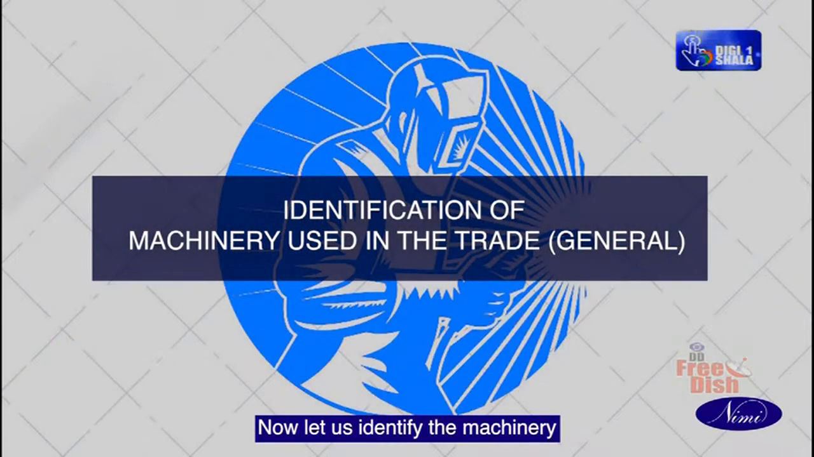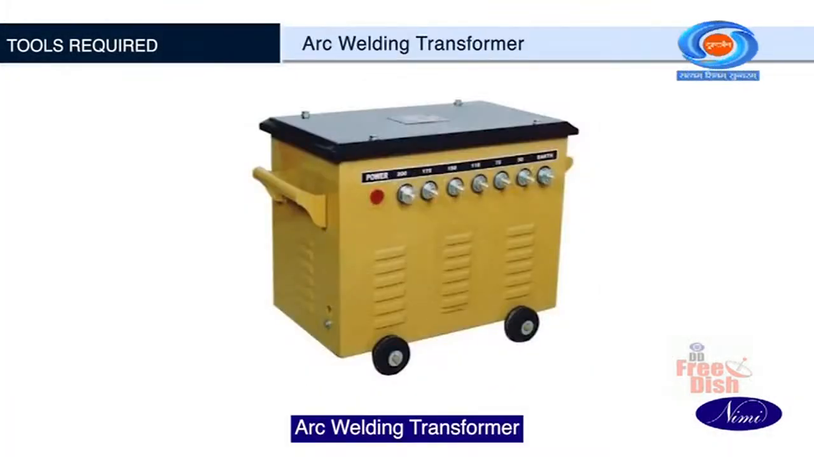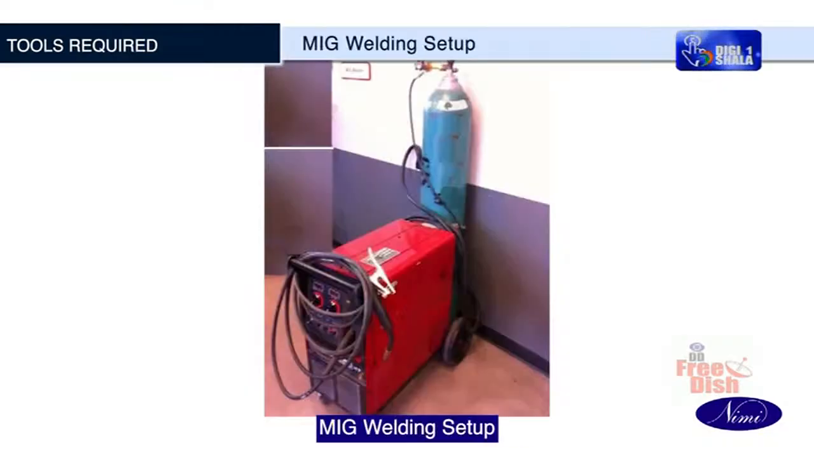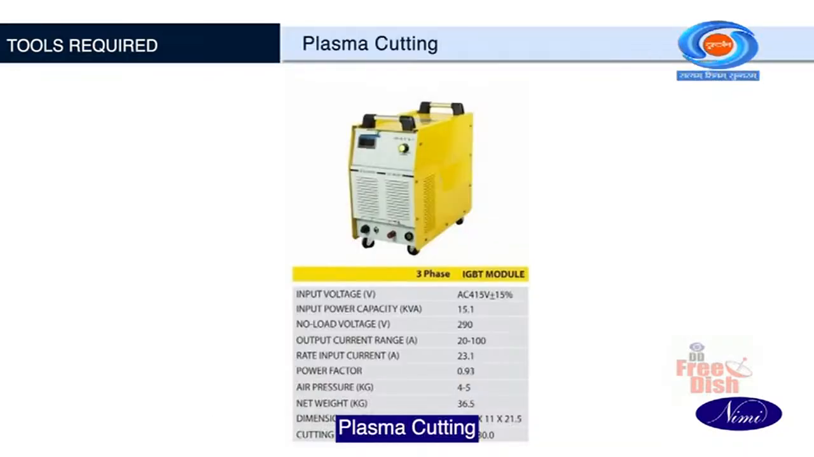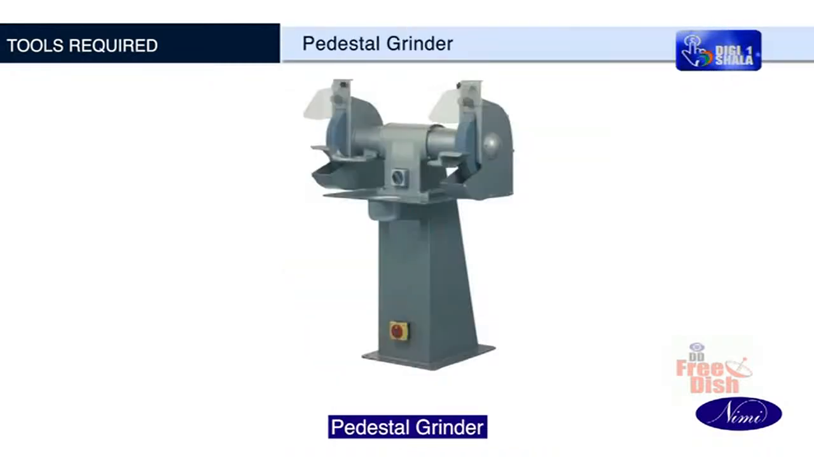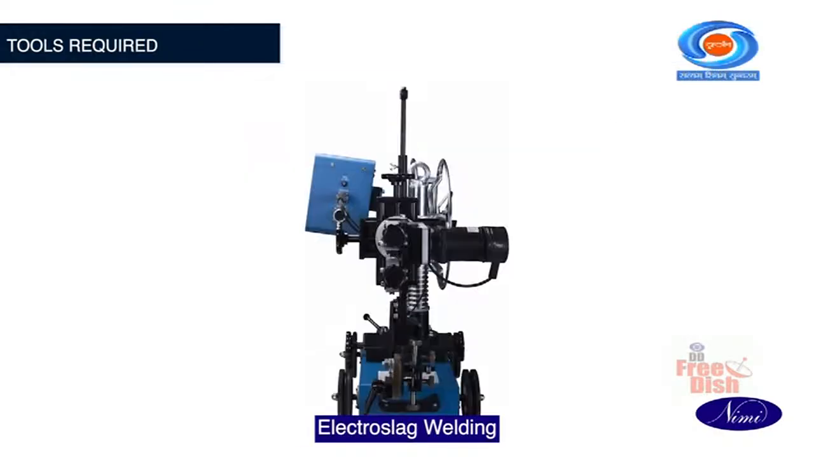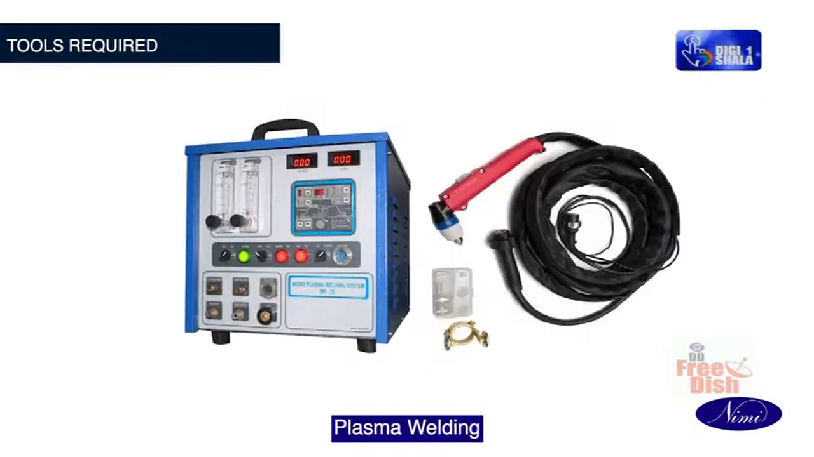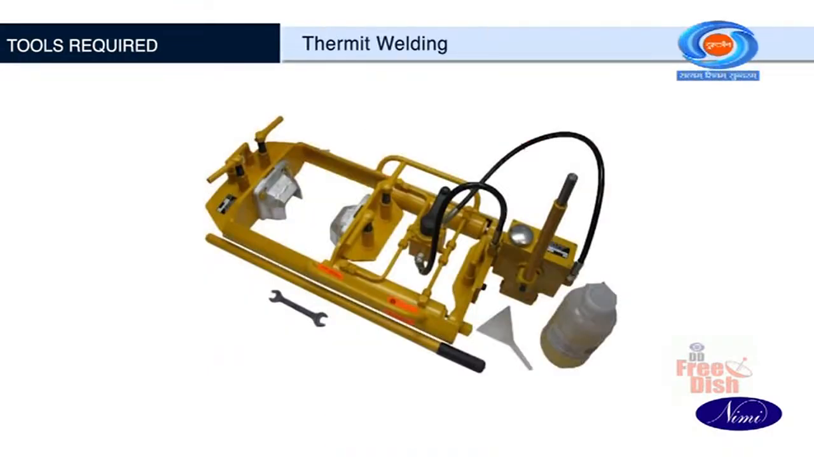Now let us identify the machinery in your workshop. Arc welding transformer, oxy-acetylene plant setup, MIG welding setup, TIG welding setup, plasma cutting, DC power source rectifier, pedestal grinder, submerged arc welding, electro slag welding, laser beam welding, plasma welding, thermit welding, friction welding,